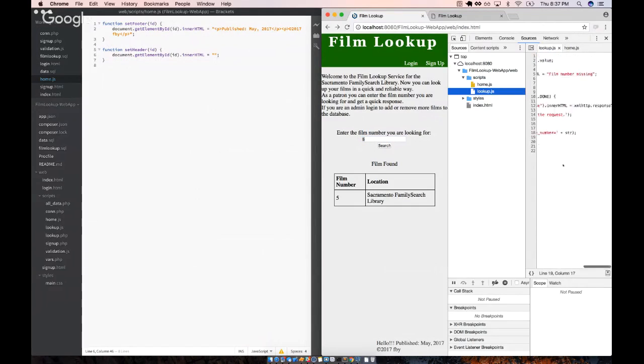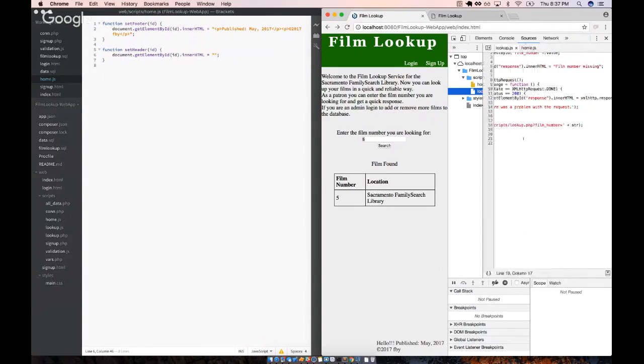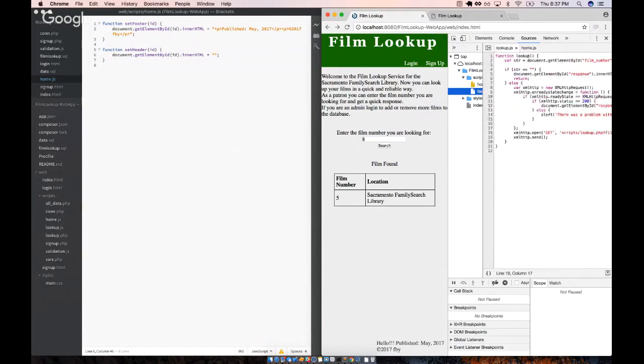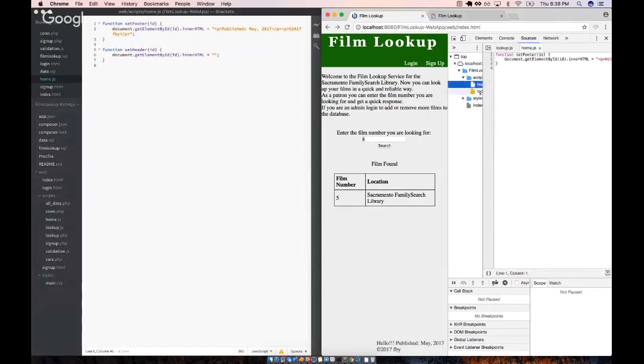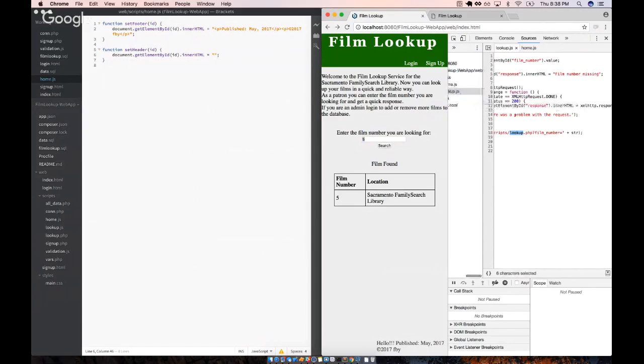So I have this lookup function, and I'm reading what I have in this text field, that is file, and I pass that file to this request, and this lookup.php is the one connecting to the database and displaying and returning this table. So I'm firing this request, and once the request is done,